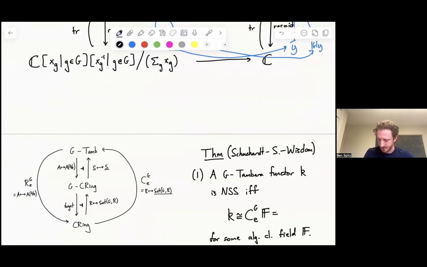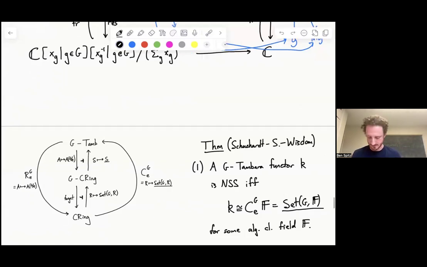That looks like I take some algebraically closed field F, and I look at all the maps from G to F, this big product ring with G acting by permutation of coordinates, and then I do this underline construction. And that's what a Nullstellensatzian Tambara functor has to look like. Great. And because we have this characterization, we know exactly which algebraically closed field it should be. The very top level of this guy is just the F that we started with. And the very bottom level is a product of copies of F where G permutes the coordinates.